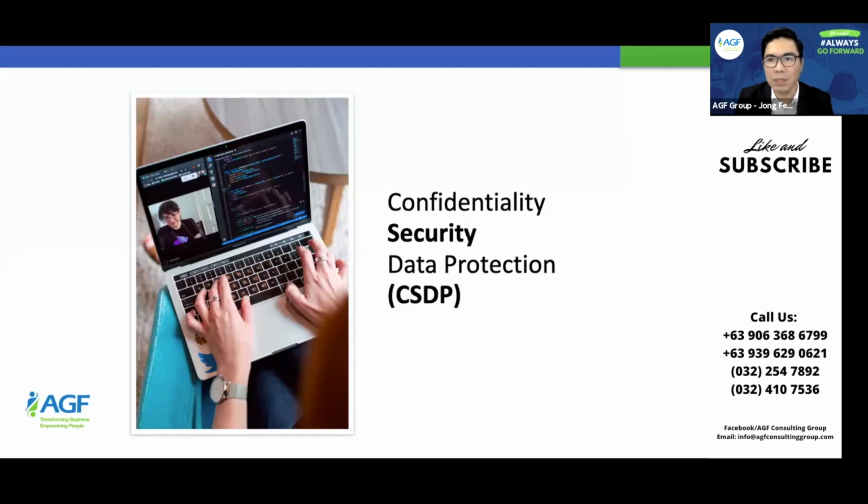You'd probably have your DPOs with you. DPO is the Data Protection Officer. Of course, you're complying with the Data Privacy Act, which all of us are required to comply with. Make sure that your DPO and the DPO of the auditor or the auditing organization lay down agreements on CSDP. Is that clear? Confidentiality, security, and data protection.